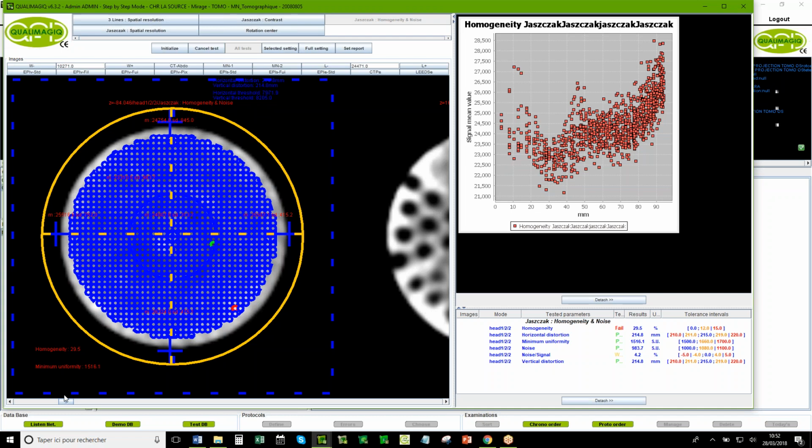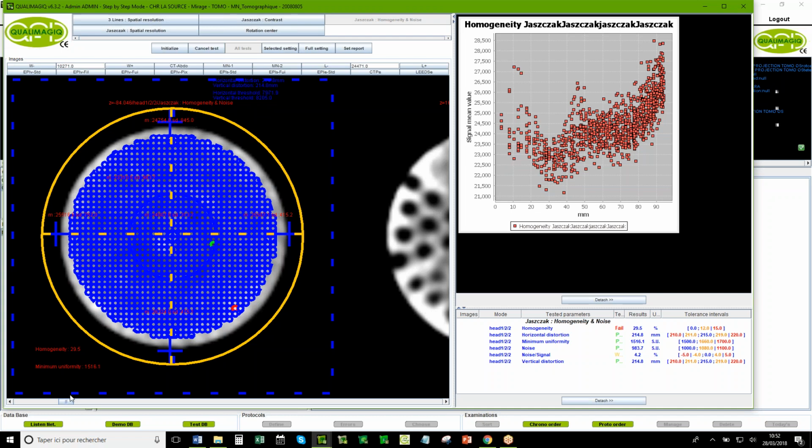For all modalities, you have to evaluate that. After you have some special tests dedicated to these modalities, but at least you need to evaluate the contrast, the spatial resolution, the geometrical distortion, and the homogeneity of the signal and the noise. You agree? Yes, I agree.